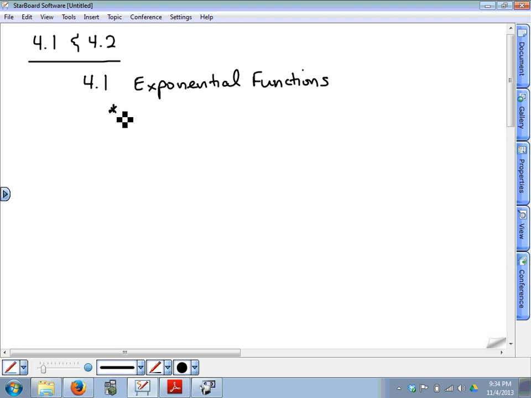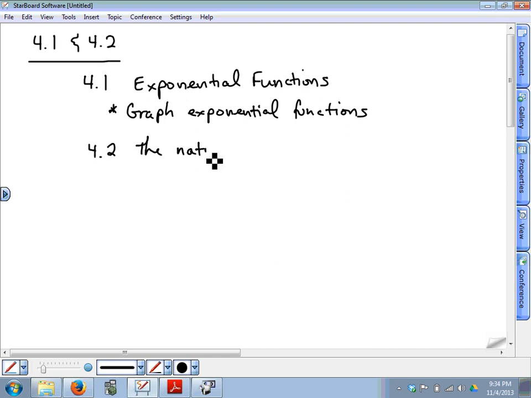From that, we just need to talk about how to graph exponential functions. From 4.2,